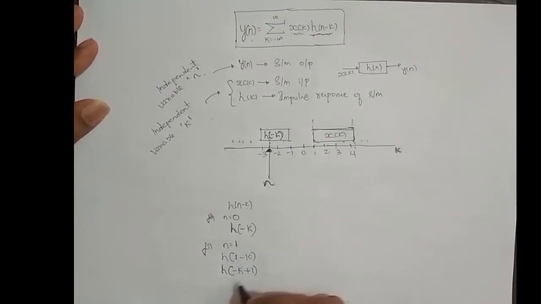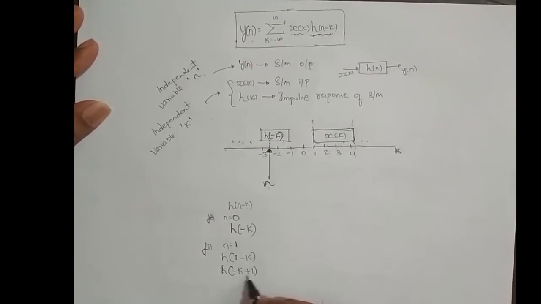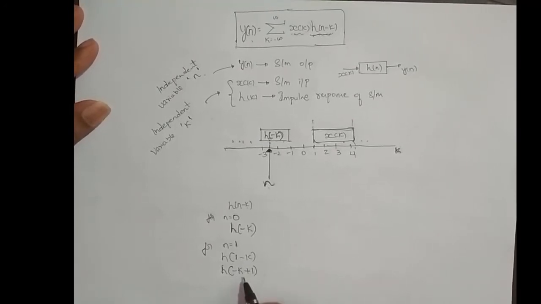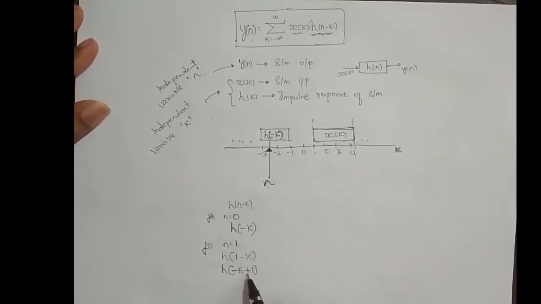Now what do we mean by this sequence h of minus k plus 1? This involves the precedence rule, since it has both a time shifting operation and a time scaling operation. What does the precedence rule say? First I need to do the time scaling operation, and then I need to shift the signal. The scaling operation here is h of minus k, which is a mirror image. So I take the mirror image of h of k, and because I have plus, I shift it left one time. Take the mirror image, shift it left one time.